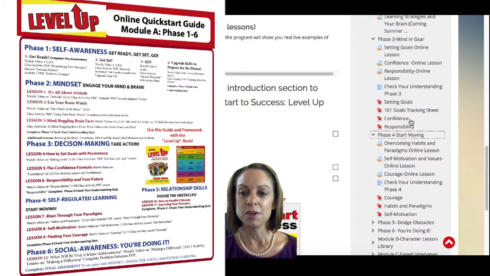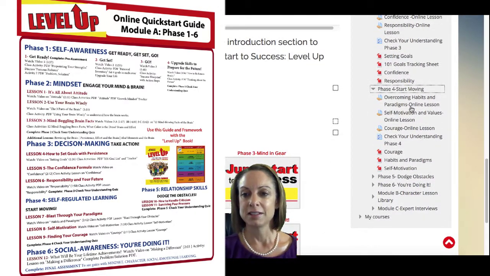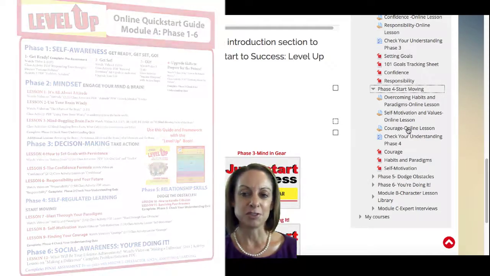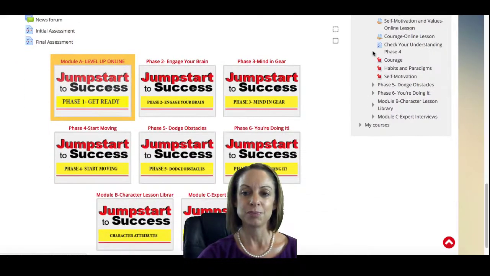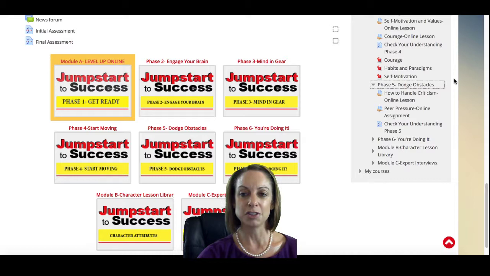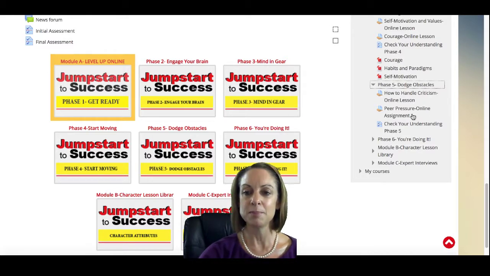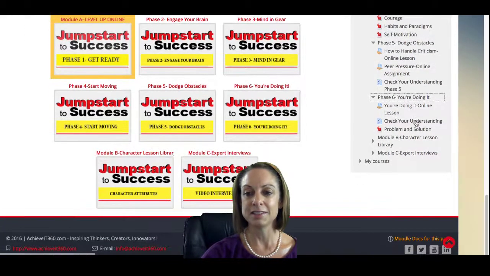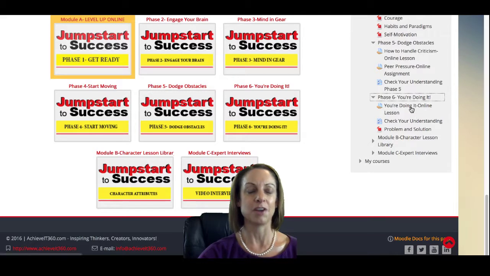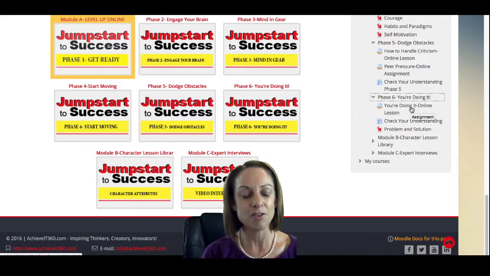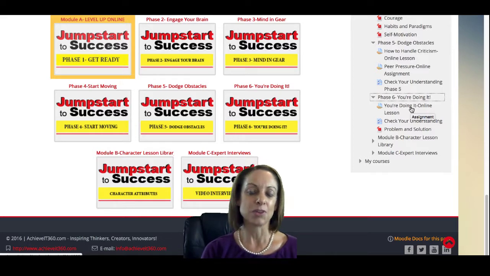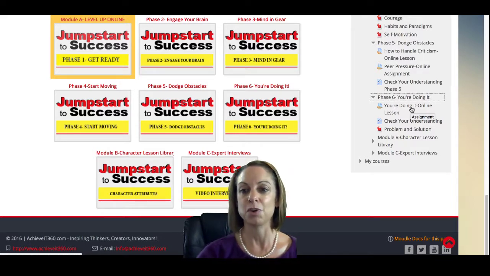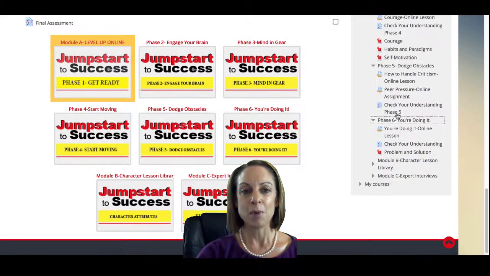Phase 4, overcoming habits and paradigms, self-motivation, values, courage. Phase 5 is dodging the obstacles, how to handle criticism, and how to manage peer pressure. And then phase 6 is they're doing it. Now they've got a big picture idea of their strengths, something that they want to solve, and they're going to think about what they're going to do to make an impact on the world. That's the whole Module A.